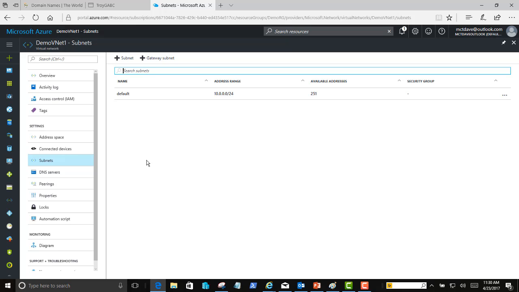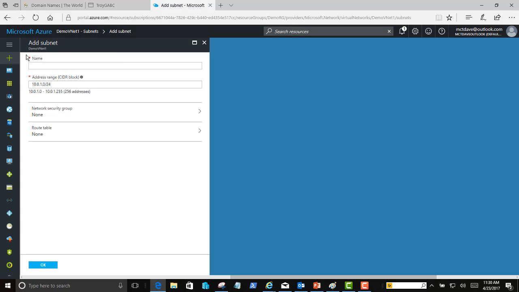consecutive network address. So we see with a /24 CIDR, the address for default subnet is 10.0.0. The next one after that should be 10.0.1, then 10.0.2, etc., because we're simply incrementing on the 3rd octet. So let's go ahead. This plus button makes a new subnet, and we'll give it a name. The name of this subnet is production. And there it is. Notice it's on the 10.0.1/24. As I said before, we're not going to assign yet a security group or route name. We're just going to say OK.